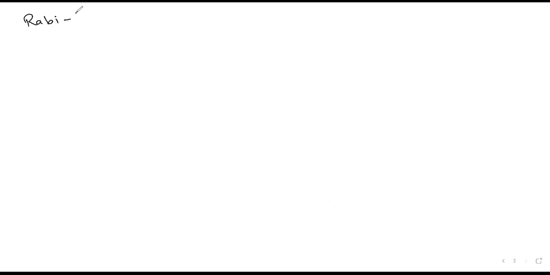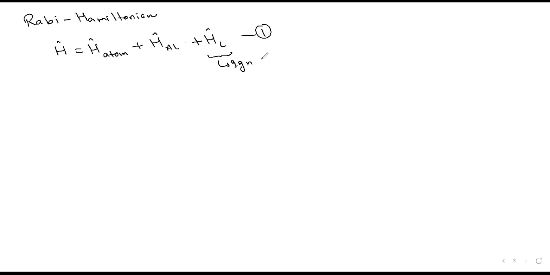Usually the Rabi Hamiltonian can be written by ignoring the term due to radiation. So this is H atom plus H interaction, and there's also another term due to light, but we are ignoring this term since there is a very large number of photons, and for a large number of photons